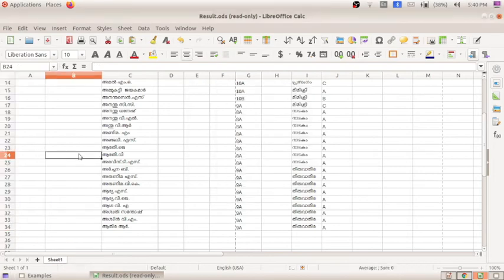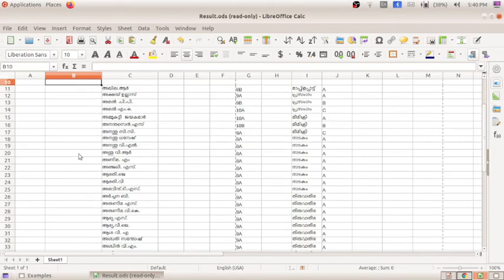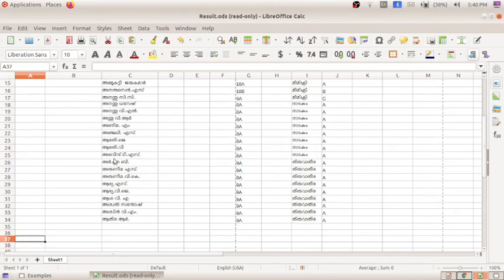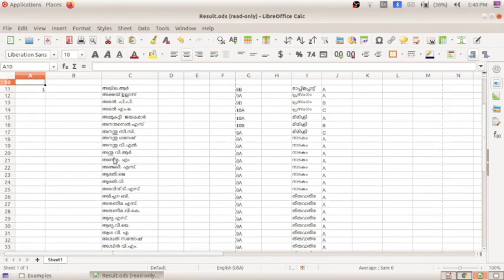All the serial numbers got deleted. So if I want to give the serial number from 1, I have given 1 here. Here you can see a lot of names. For all these names, if we put the serial number manually, it is a time consuming process and will be very difficult for us. It will take a lot of time.